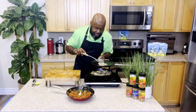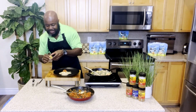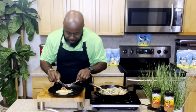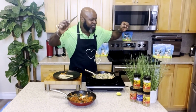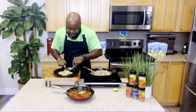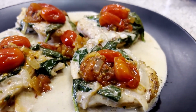Get a piece of chicken, a little bit of sauce. Oh, I can't wait to try this. Some of my tomato rum compote. The perfect bite. And a little squeeze of some lime juice. We're gonna dive in here and see what this is talking about. Oh, get a piece of tomato on here. I'm just missing my soca music on this one. And in a moment, this one here is nice. One more bite. Guys, try this one at home. This one here is a sure definite